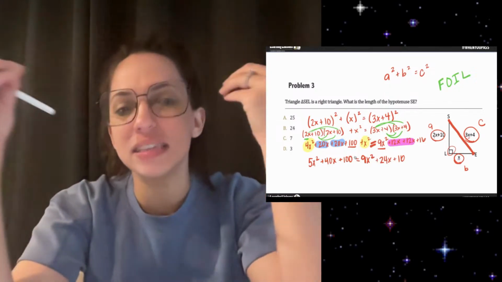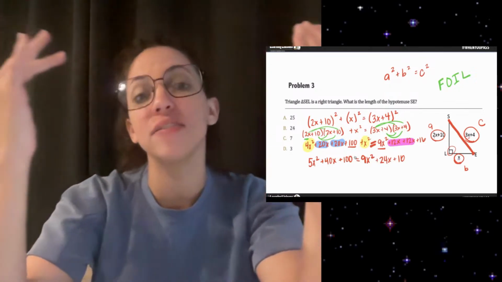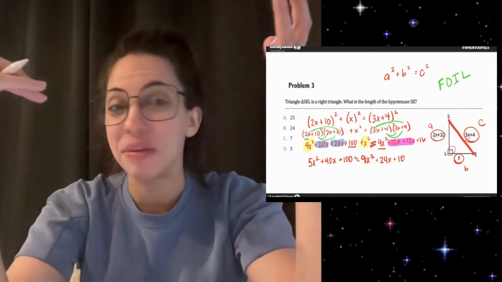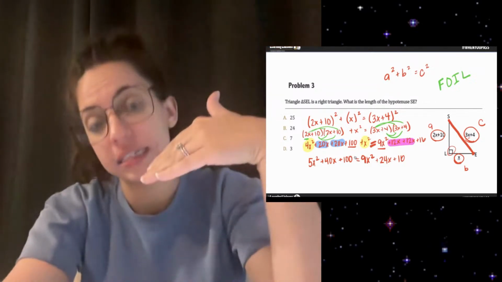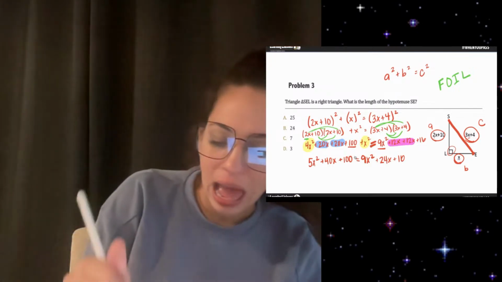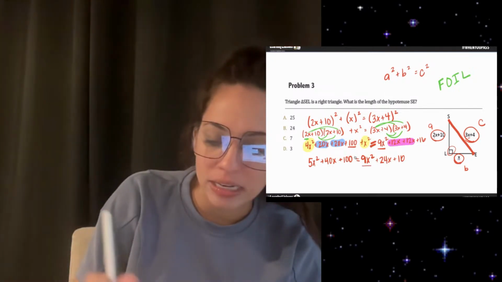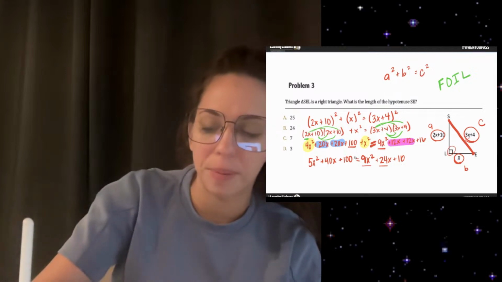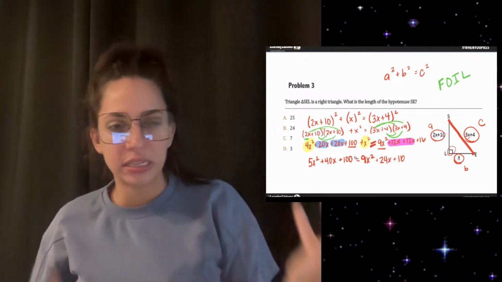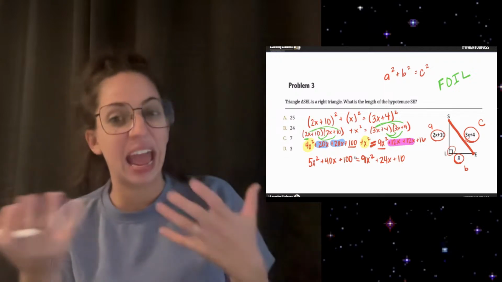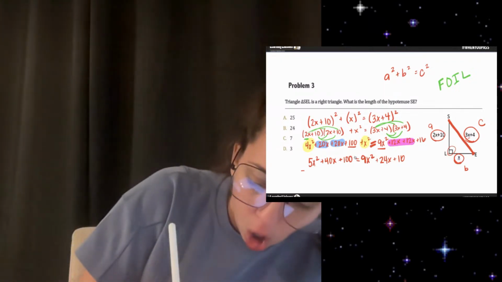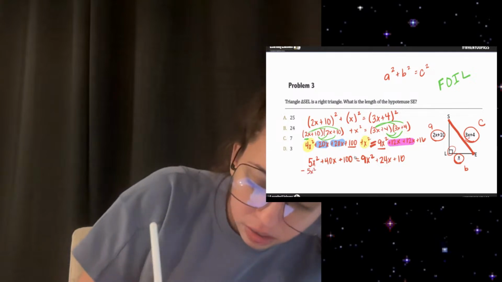And because this is a quadratic, it means that I'm going to have to factor it. And that just kind of comes with time. And if you don't know that and you're taking a secondary math exam, you need to know that. So with that said, I know that I'm going to have to factor this out because I can't put my constant on one side and my x squared and my x on the other and accurately get an answer. So I'm going to move all of this